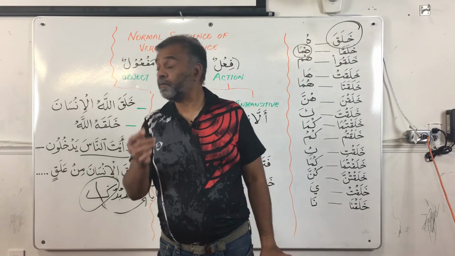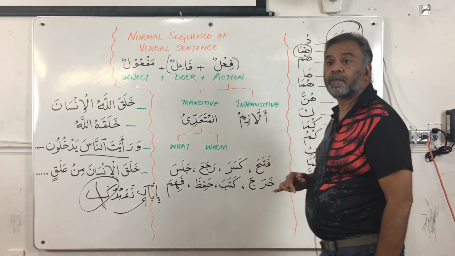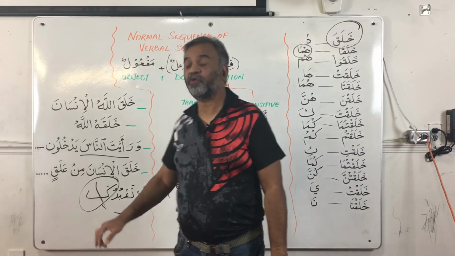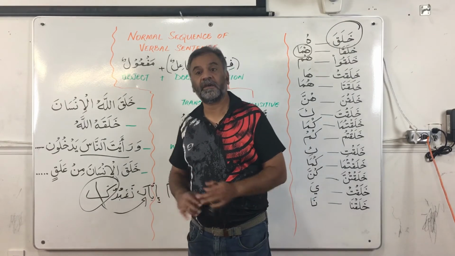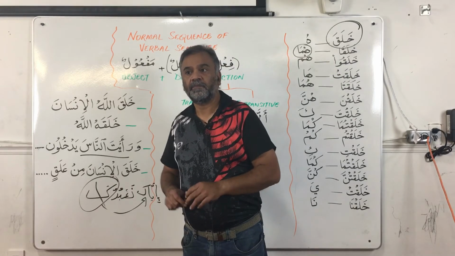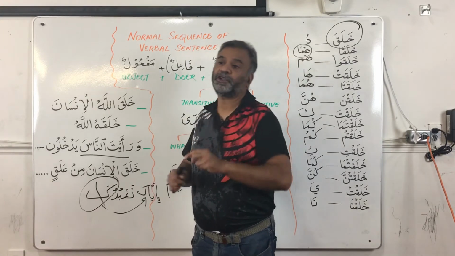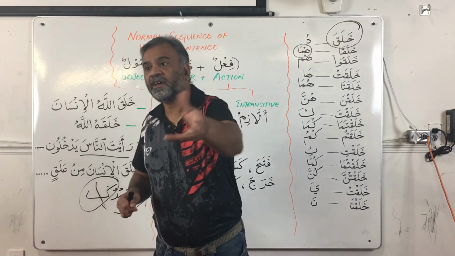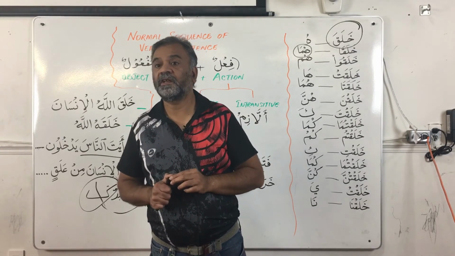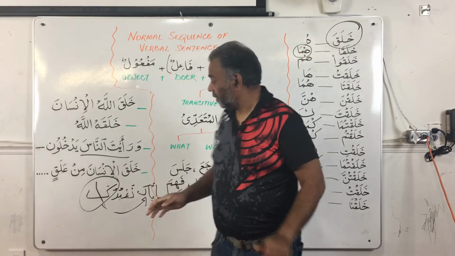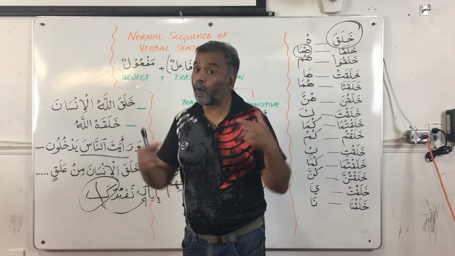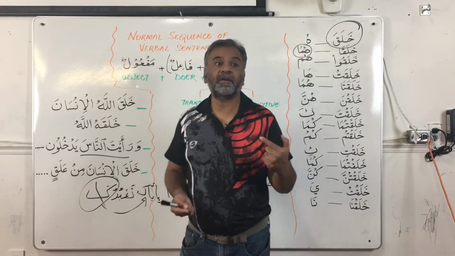And ka we know is a damirun muttasilun, and it has to attach to something. So right now it is attaching itself to iyyaka. Only you, only you. What is iyya? We'll learn it in book 3, right? But the translation: only you we worship, only you we seek help. Iyyaka na'budu wa iyyaka nasta'in, right? So in this case ka is your maf'ulun bihi, but it is not a normal sequence, and this is how the emotions are created in the Quran.